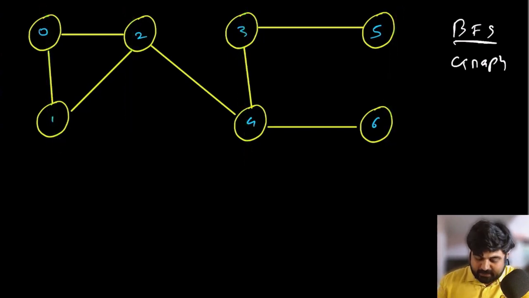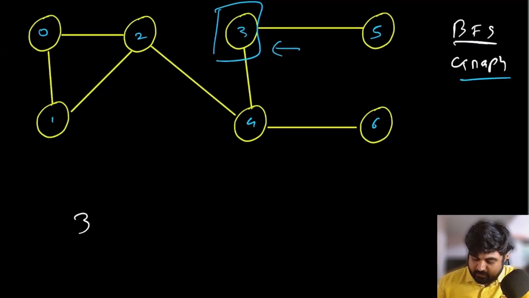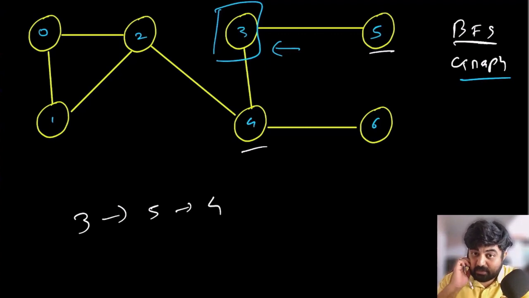This is just for example purposes, but there is one key thing that we have to take care of in a graph that we were not concerned about in a tree. I'm going to explain that in the example. Suppose we start our traversal from the value 3. We can take any arbitrary value; I'm just taking 3 as an example. So the first node we visit is node number 3. Now we visit the children of 3, which are 5 and 4. So we visit node 5 and node 4. We can visit these in any order, but just for simplicity, I'm writing down one of the possible paths.